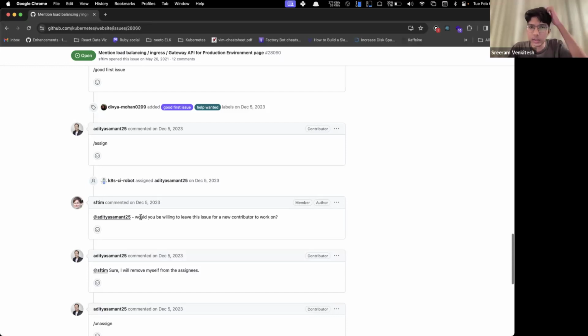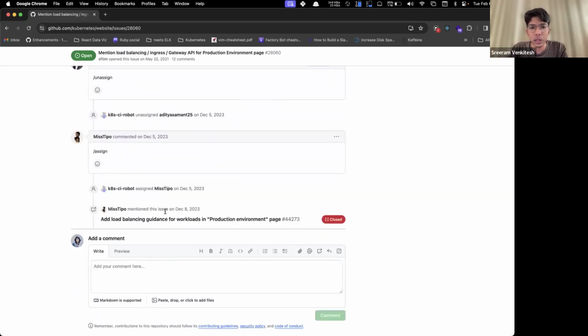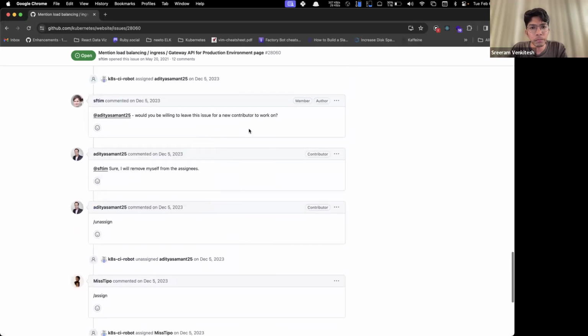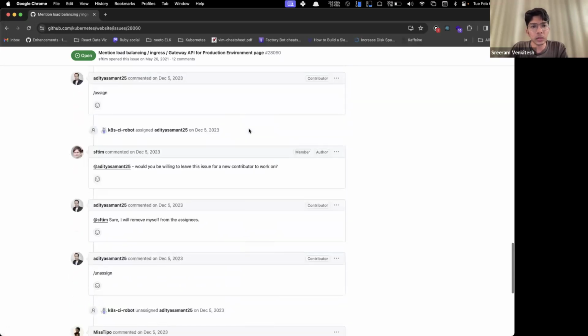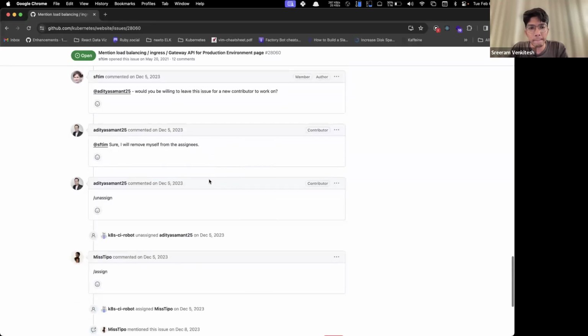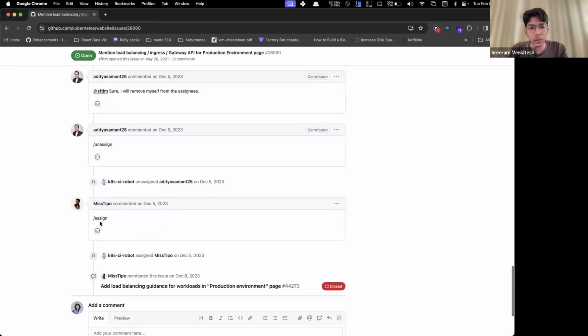In such cases, you can reach out to the assignee and ask if they're okay with you taking up the issue. You can see here that in this particular issue, Tim has asked the initial assignee if they would be willing to leave this issue for a new contributor, and they unassigned themselves and someone else took up the issue.